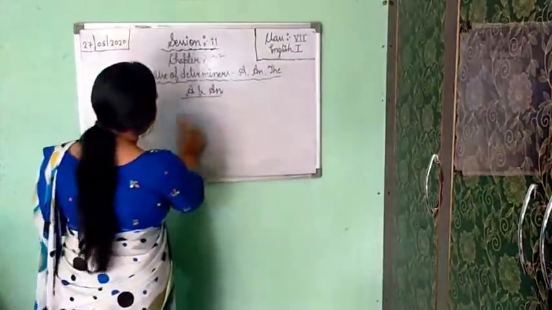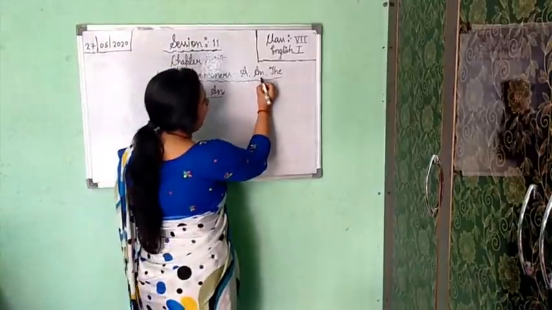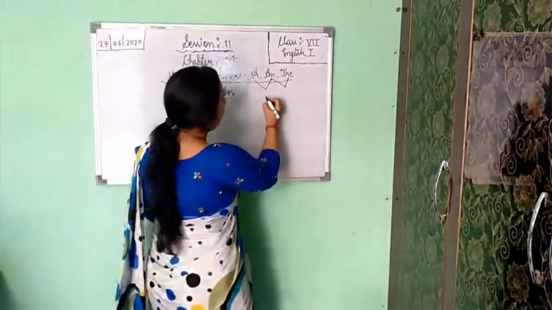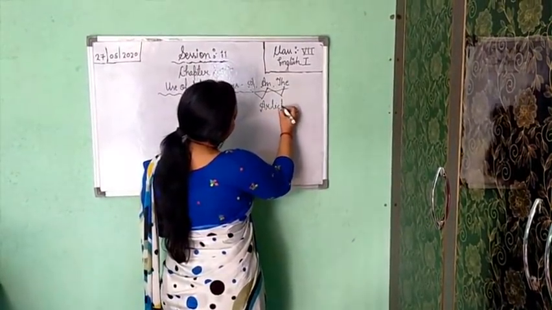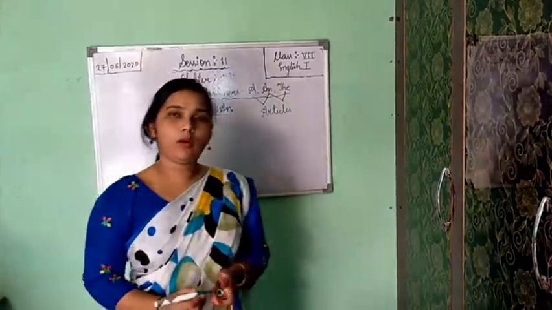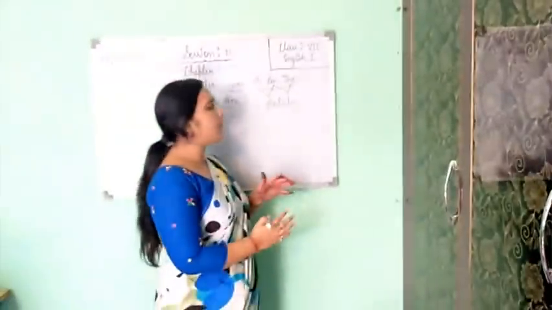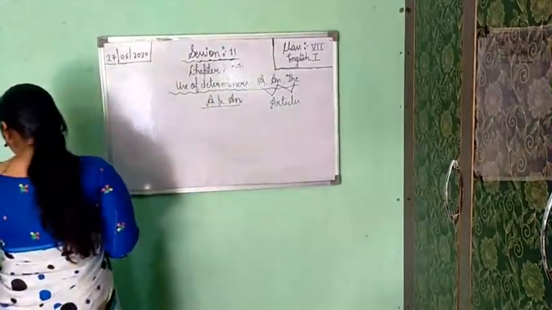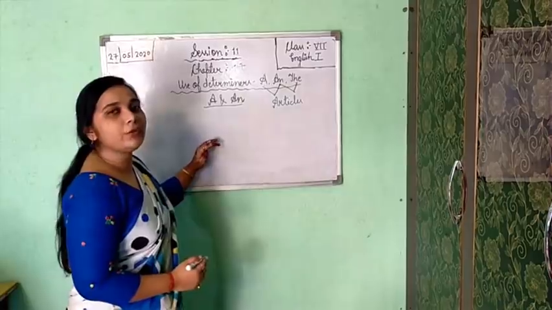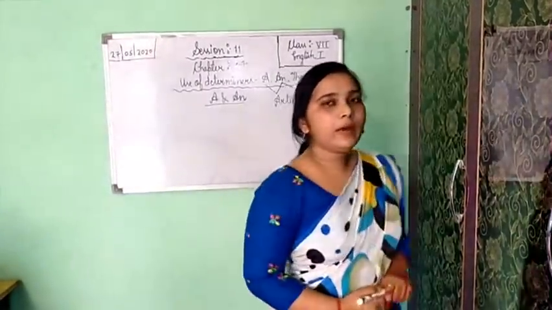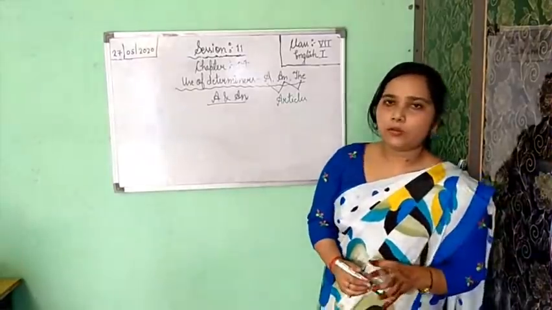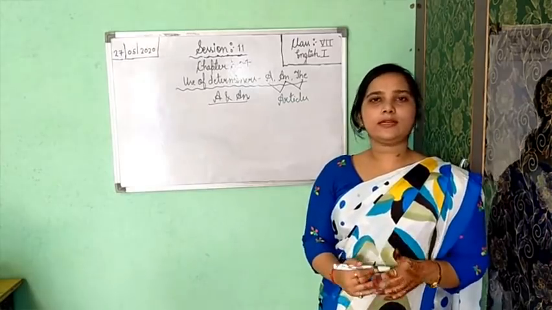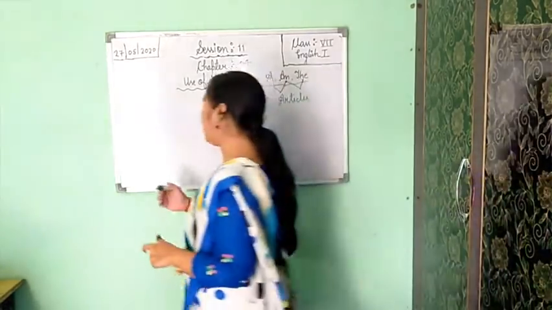One more thing, a, an and the, these three are also known as articles. Either you can say determiner or you can say article. It is up to you what you are saying. Now the next thing is, you will use a and an. Suppose you are getting a certain noun, noun is the name of anything, whether a person, place, animal or thing. So if you are getting a certain noun, there you will use a or an, that is your indefinite